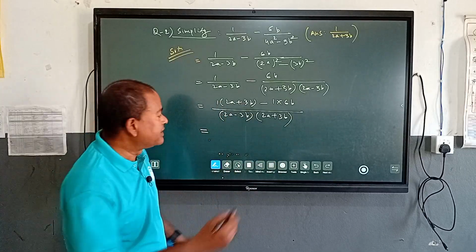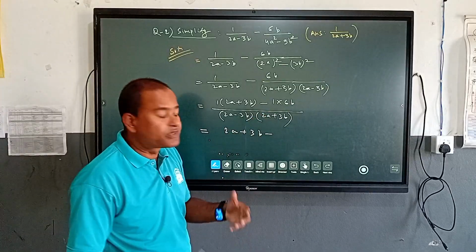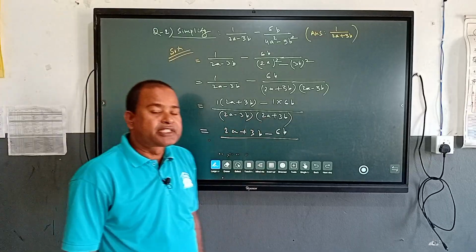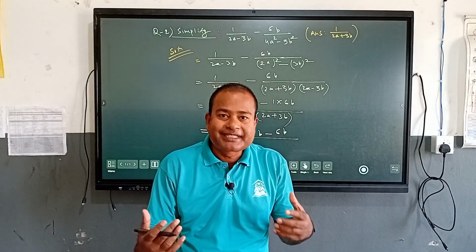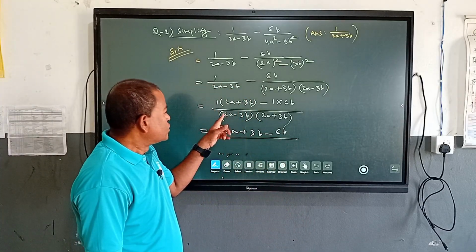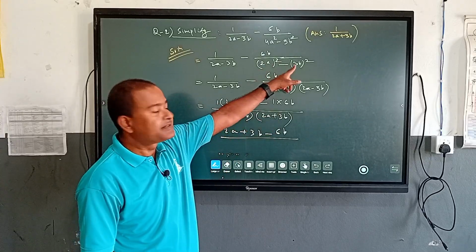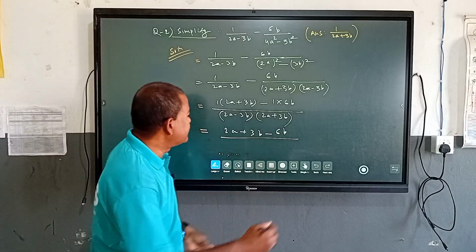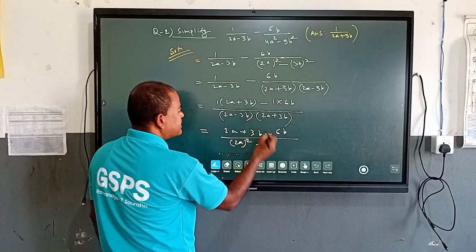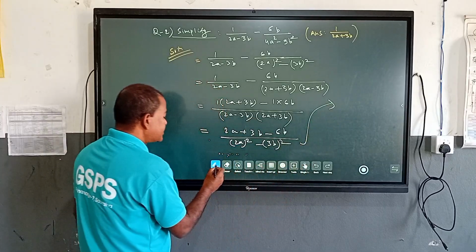1 times 2a plus 3b, we get 2a plus 3b, minus 1 times 6b, 6 ones are 6, so we get 6b, divided by 2a minus 3b and 2a plus 3b. After taking the LCM, in the next step, we have to combine the denominator. So 2a minus 3b times 2a plus 3b, we get 4a square minus 9b square. So this is a plus b times a minus b means a square minus b square, equals to, dear students,